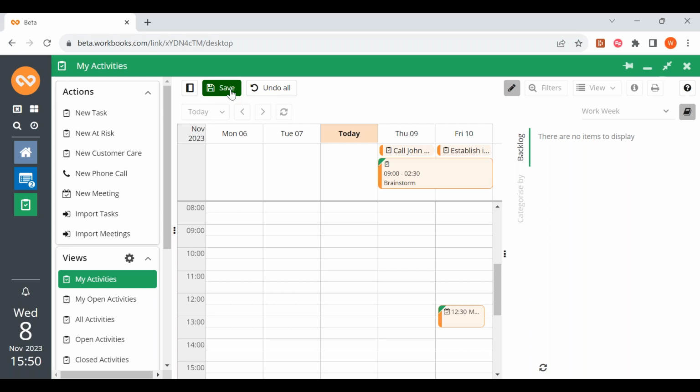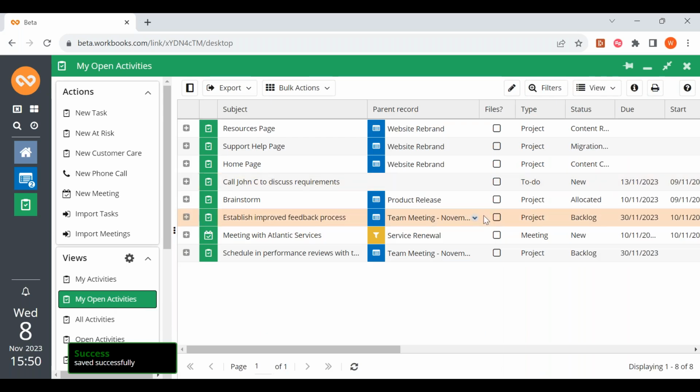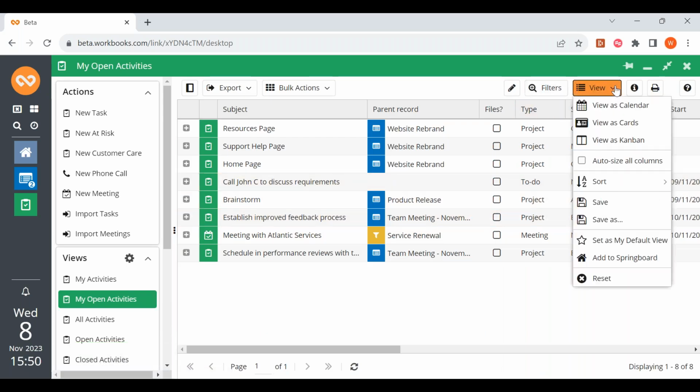So you have a due date, but actually you want to schedule a particular time in which you complete that work. But those tasks will be appearing in this view, much like in the My Open Activities, and you can view it as you wish. So, for example,